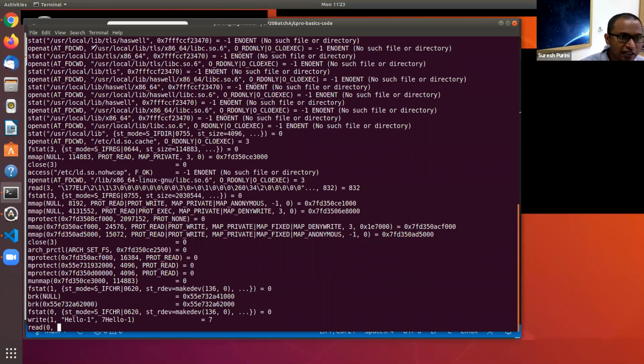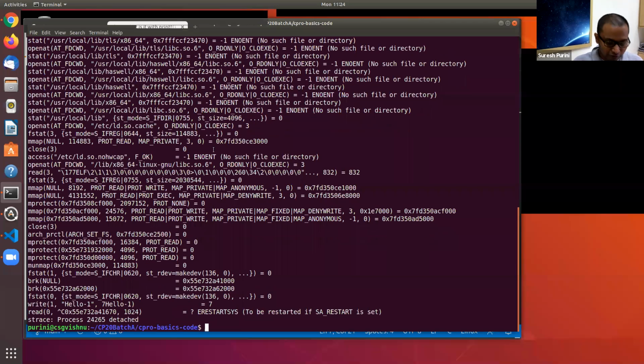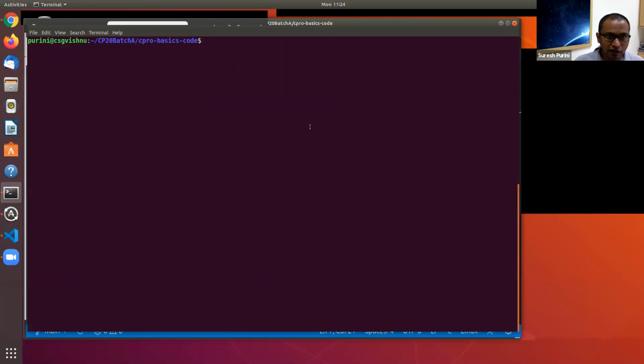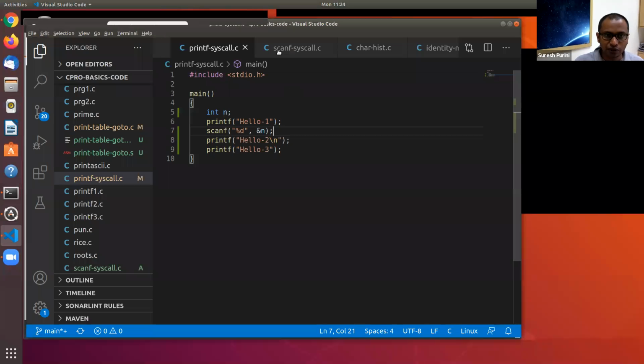Scanf gets translated to the read system call with 0, which is a file descriptor number. 0 means standard input. Now we will take a peek into how scanf works. It looks like we will not have time to look into arrays in today's class, but it's okay.